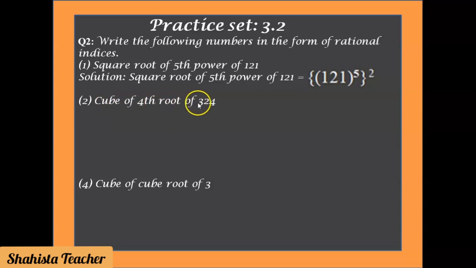Cube of fourth root of 324. Now students, here the solution: cube of fourth root of 324. Here 324 is the base and here cube and fourth root are given. Cube of fourth root of 324. That means here we have to draw curly bracket, inside the curly bracket C bracket, 324, close the C